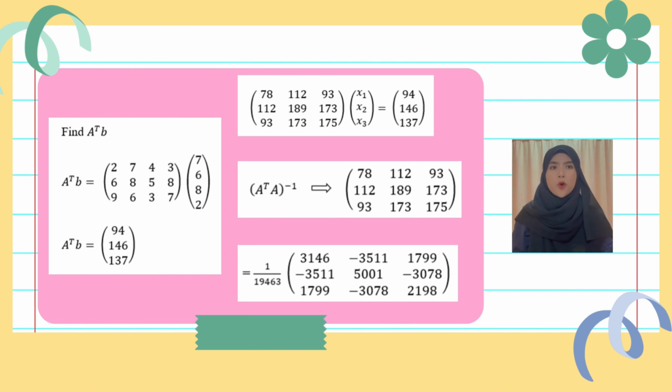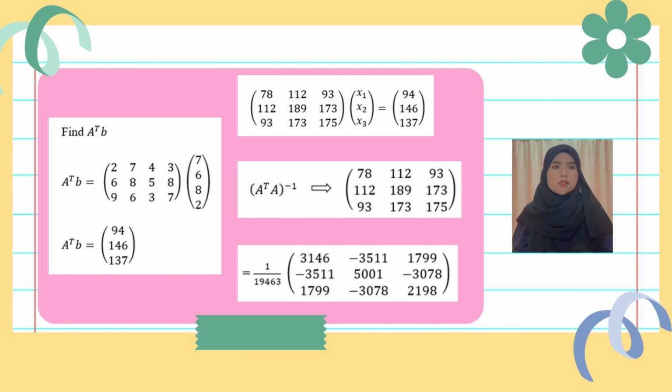So now we have to compute A transpose B: 2743, 6858, 9637 times B 7682. So this is going to give us a 3 by 1. So we have 94, 146 and 137. Okay, so now we have A transpose A and then we have A transpose times B, which is here. Okay, now we have 78, 112, 93, 112, 189, 173, 93, 173 and 175 times x1, x2, x3 equal to